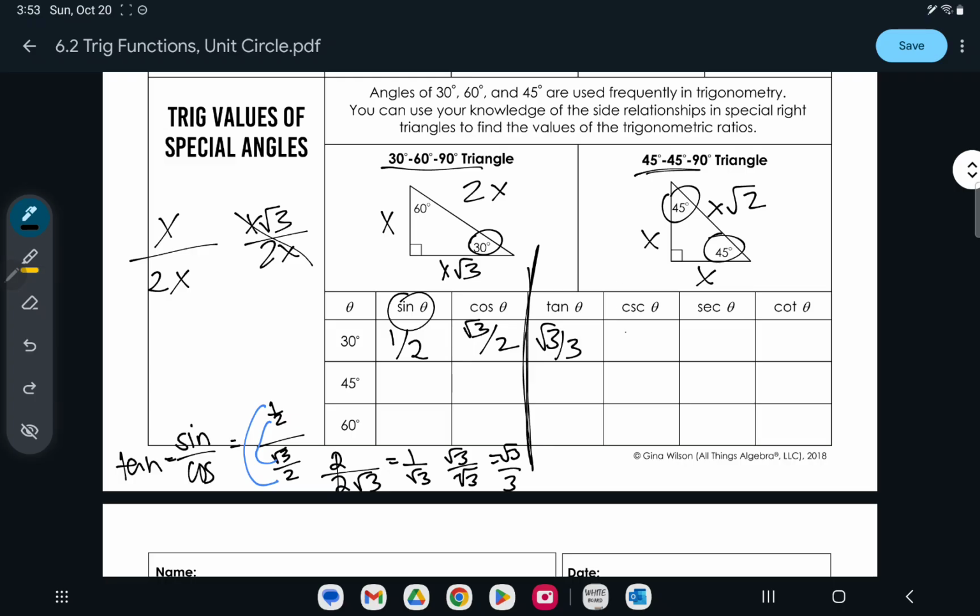Cosecant is the reciprocal of 1/2, so 2. Secant is the reciprocal of 2 over root 3, but we don't like radicals, so 2 root 3 over 3. Cotangent is 1 over root 3 over 3. So big C over little c, so 1 over 3 root 3, but rationalize the denominator, so you get root 3 over,